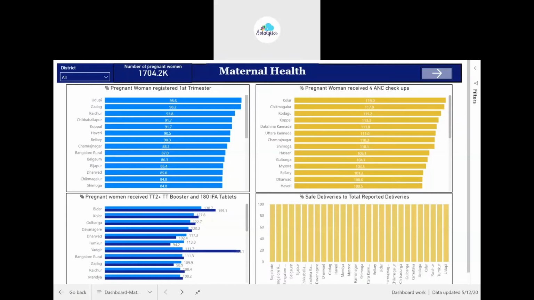Basically, this is a dashboard. This dashboard is customized through Microsoft Power BI. We have taken the HMIS data for 2019-20 from the Ministry of Health and Family Welfare portal. This is Karnataka data. Overall, we have created